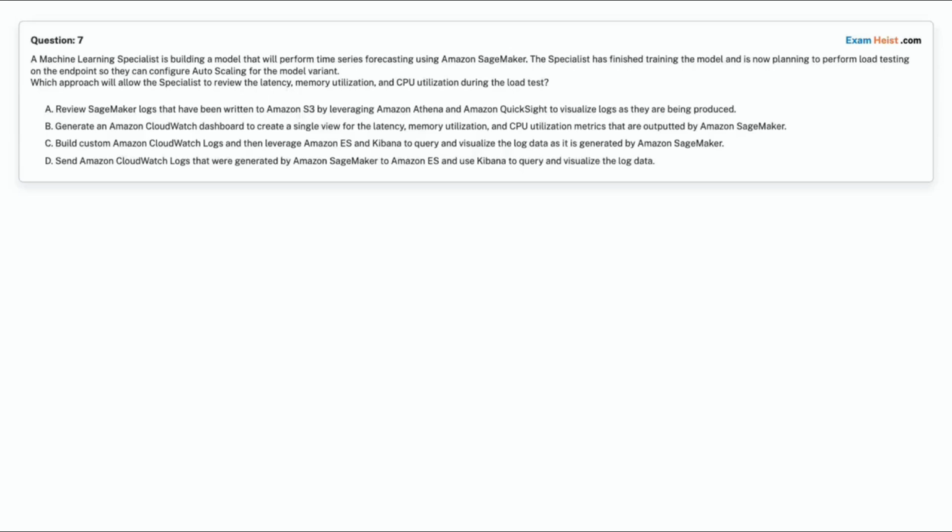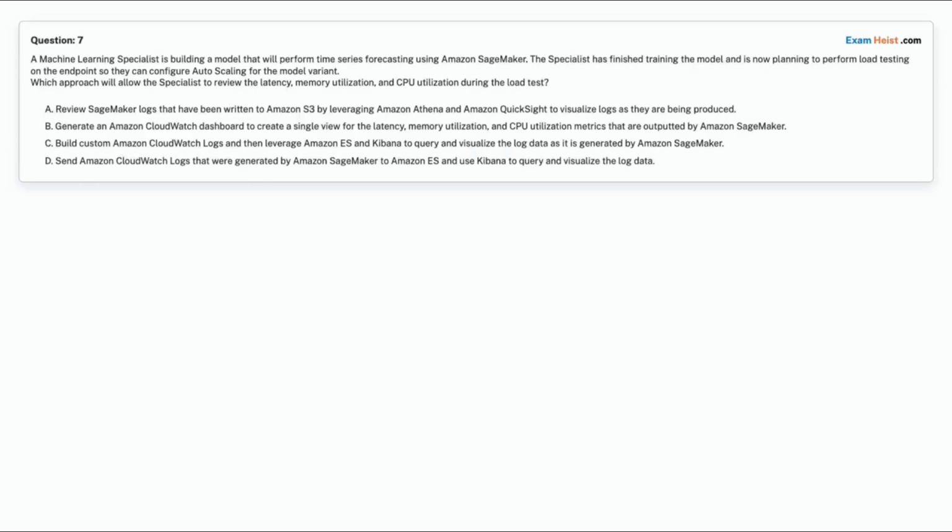Option C. Build custom Amazon CloudWatch logs and then leverage Amazon S3 and Kibana to query and visualize the log data as it is generated by Amazon SageMaker. Option D. Send Amazon CloudWatch logs that were generated by Amazon SageMaker to Amazon S3 and use Kibana to query and visualize the log data.